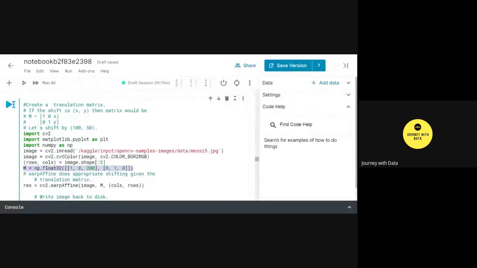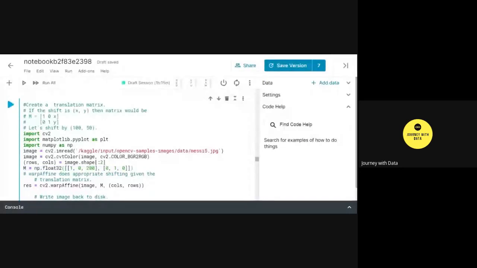For that purpose, I have defined a translation matrix using numpy.float32. So np, because the alias for NumPy is np in this scenario. So numpy.float32 and then the matrix 1 0 0 1, and then I am shifting it by 200 points in this scenario.